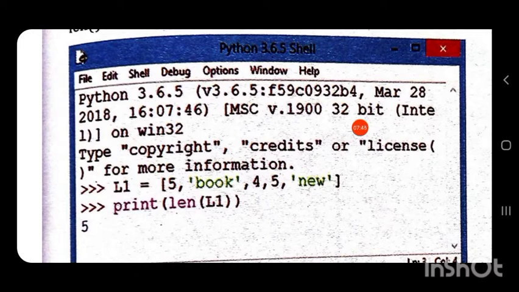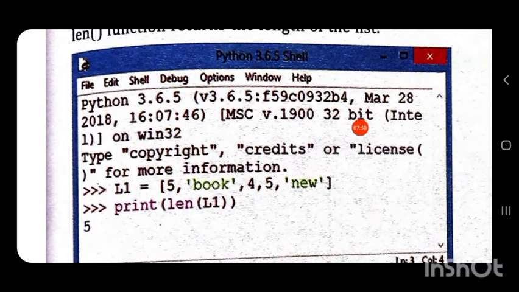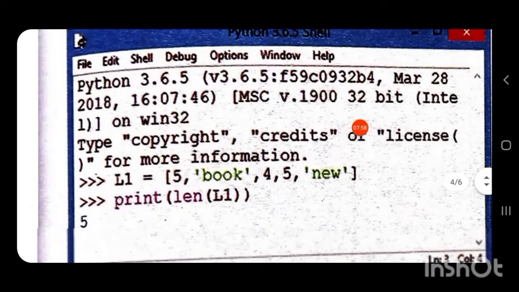When we print len, in brackets the name of the list, the output obtained is 5 because the list contains 5 items. So the len function returns the length of the list, that is the number of elements present in a list.